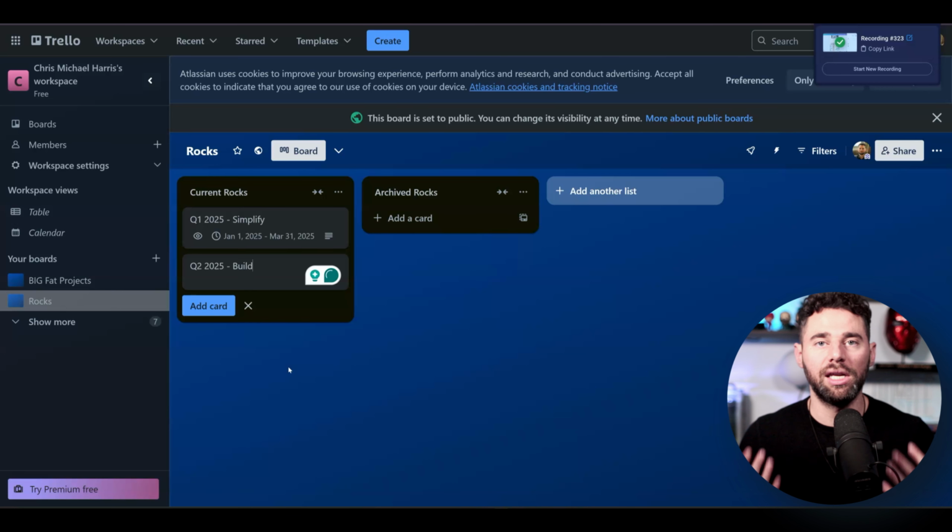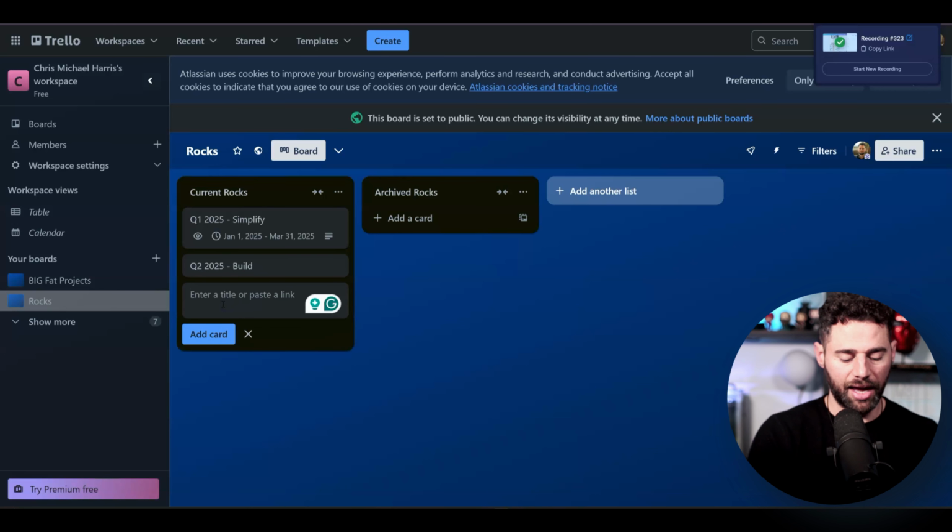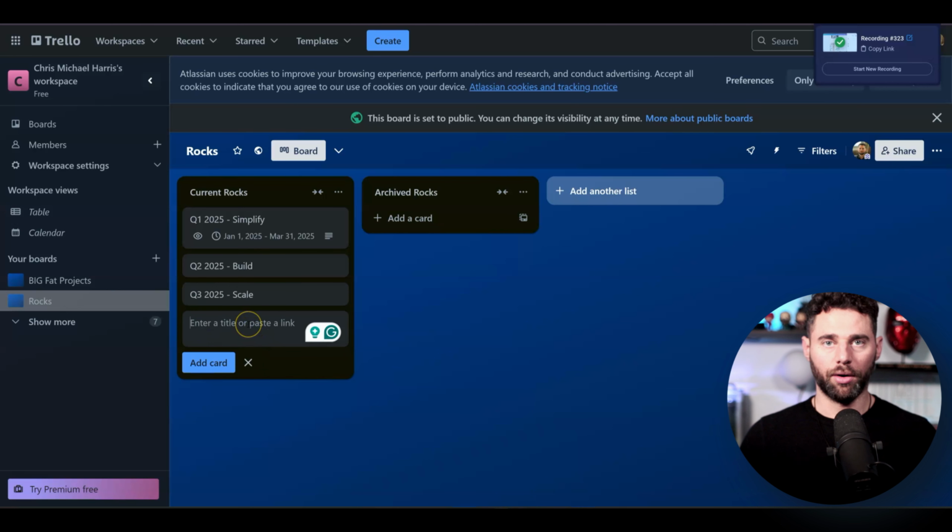Like we don't have any funnels. We need a selling system, because what we found is that people are coming to our sales pages, but we're not making sales and we're not doing any follow-up. Or let's say part of that is going to be to run ads, right? Whatever that looks like, but you could name it build or grow, things of that nature would make a lot of sense. So let's say quarter 3, 2025 is to scale, right? So on and so forth, right? And then Q4, you can name your theme whatever you want it to.